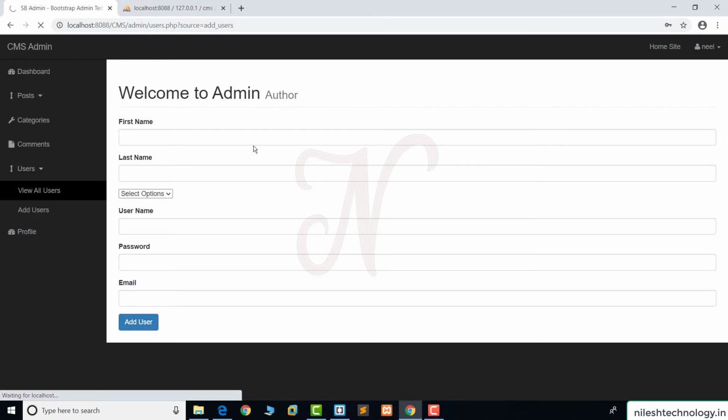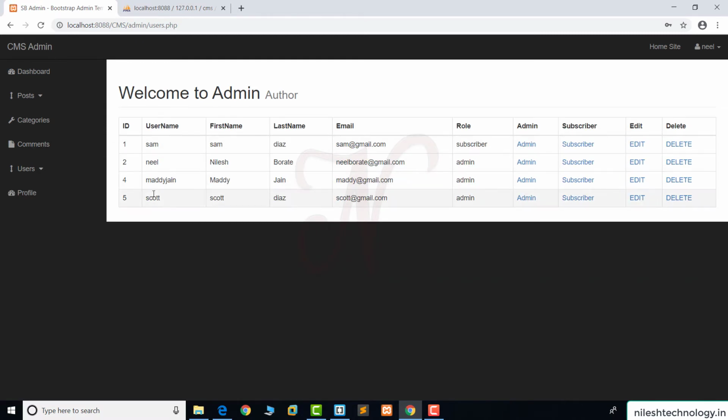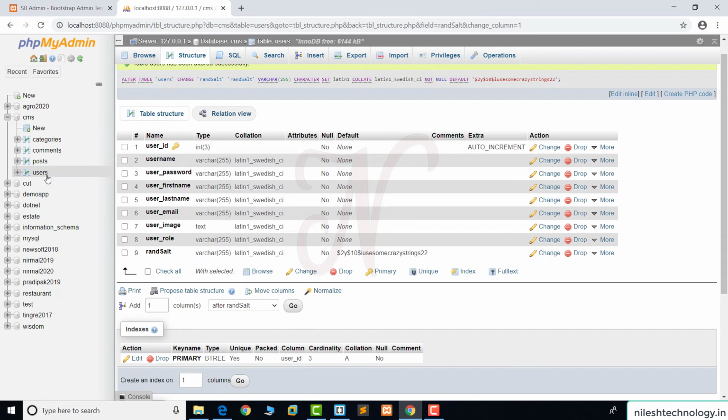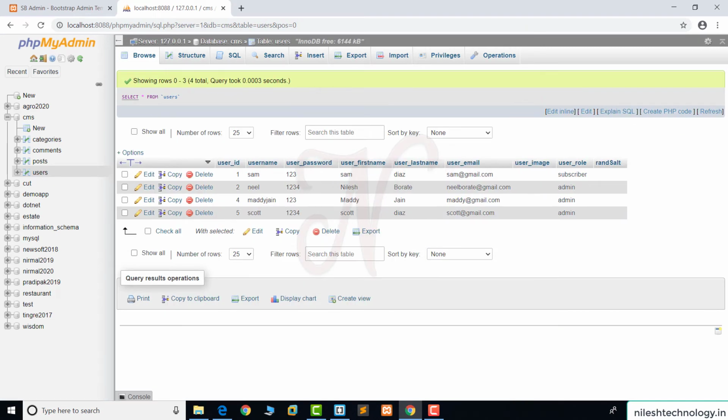See here, view all user section. This is my user. Now check here again in the database. This is my user table. See, this random value is not inserted. So again we refresh. Not inserted this random value. So again we check.